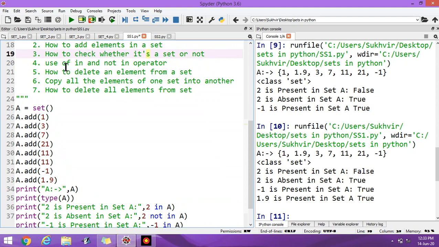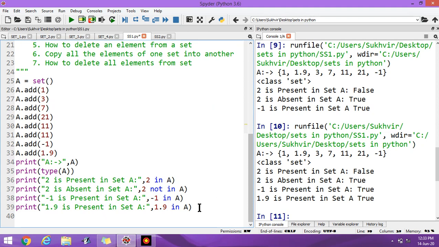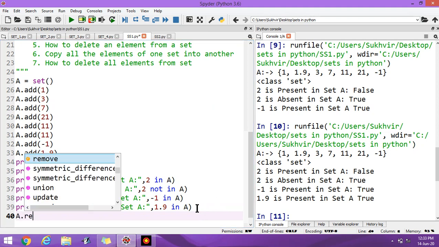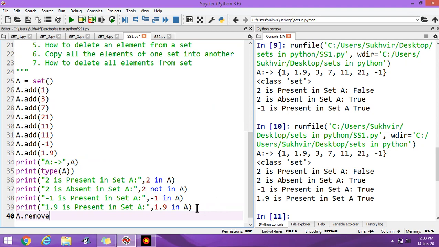It's point number 4. Now how to delete an element from a set. For that, you can write remove function, a dot remove. Suppose I write here 1.